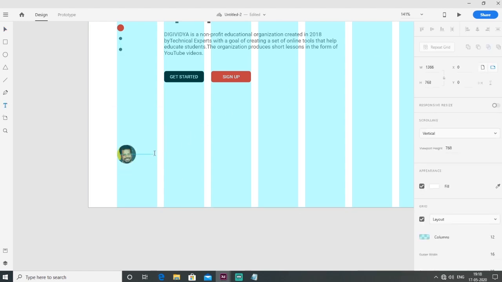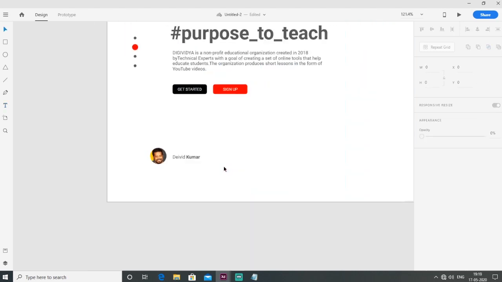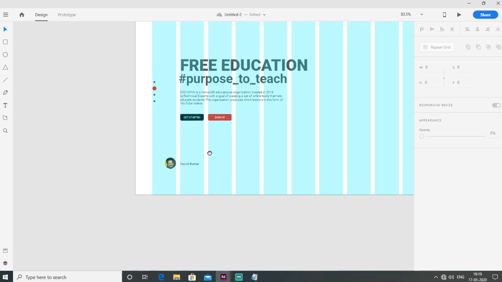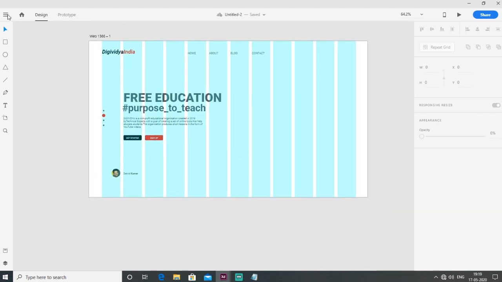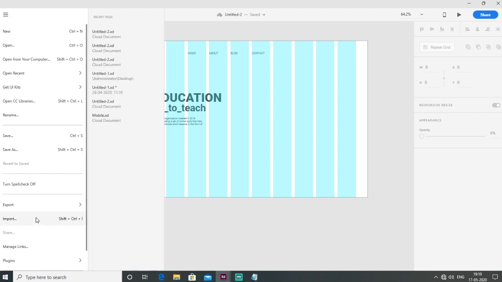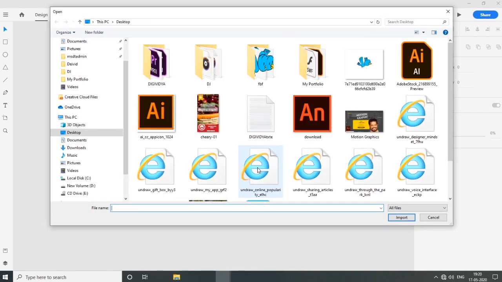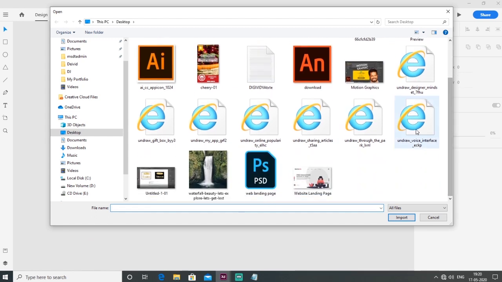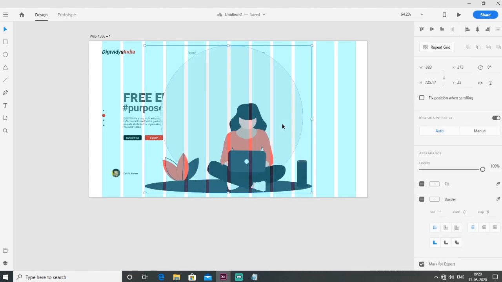I go to the text tool, then I go to the menu, import an SVG file from unDraw. I download this image from the site.